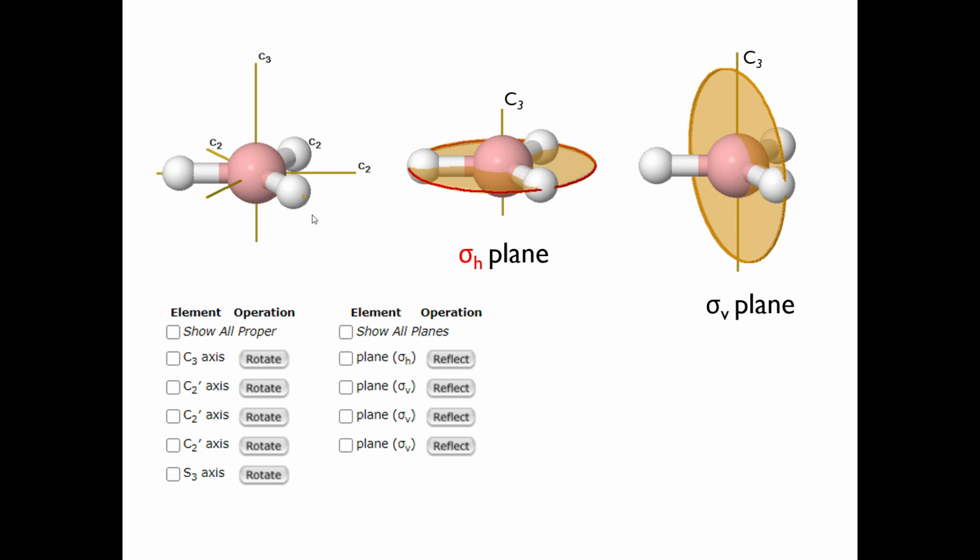We were seeing the BF3 molecule. I have taken a similar molecule from the web, and here I have shown the C3 axis, which is perpendicular to the molecular plane. The molecular plane is in the middle picture, where sigma H plane is written. The C3 is perpendicular to that, and you can also see a vertical plane passing through boron and one of the ligand atoms. You can see that the C3 is lying in this plane. That is why it is called a sigma V plane. But on the other hand, for the sigma H plane, C3 is perpendicular to it. In addition to these planes, there are additional C2s which we discussed some time ago, and there are also S operations. What are the S operations? We will come to that later.